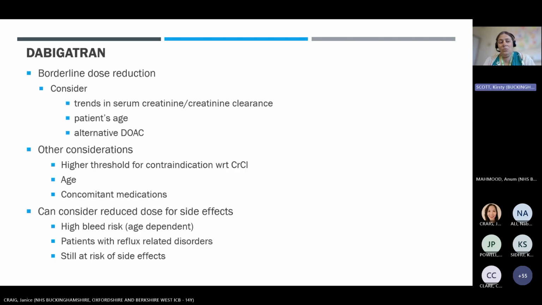So again, we look at the borderline for dose reduction with regards to creatinine clearance and the serum creatinine. A patient's age is the patient's age, but as soon as they hit 80, they would have a reduced dose of dabigatran. With the creatinine clearance with dabigatran, we tend not to initiate if the creatinine clearance is in the low 30s unless we have no other